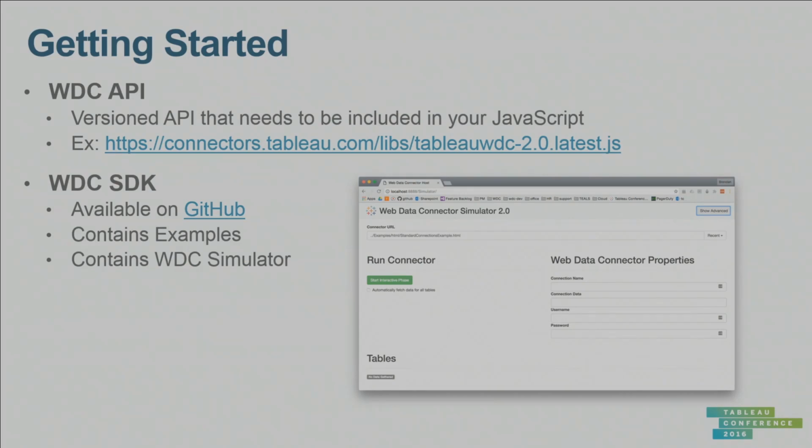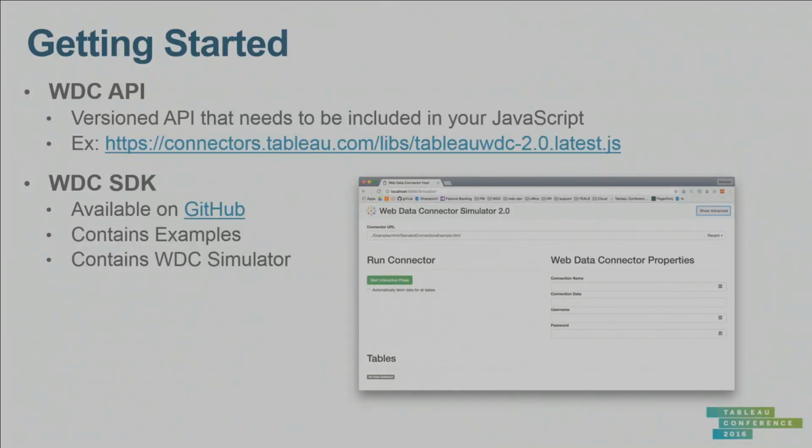The second thing the SDK contains is what's called the Web Data Connector Simulator. Have any of you seen this, used it before? When you're building a web data connector, it can often be difficult if you are trying to build it in Tableau directly. The reason being is it's very hard to debug your code running inside Tableau. So what we've done is we've provided this simple web app called the WDC Simulator.